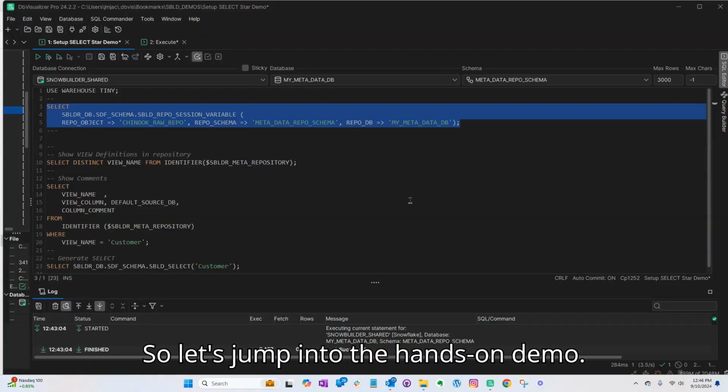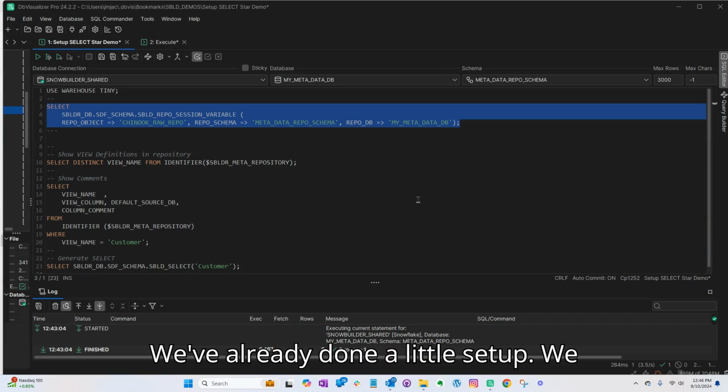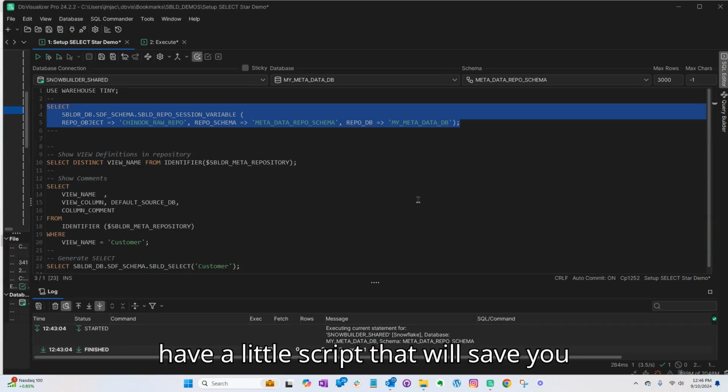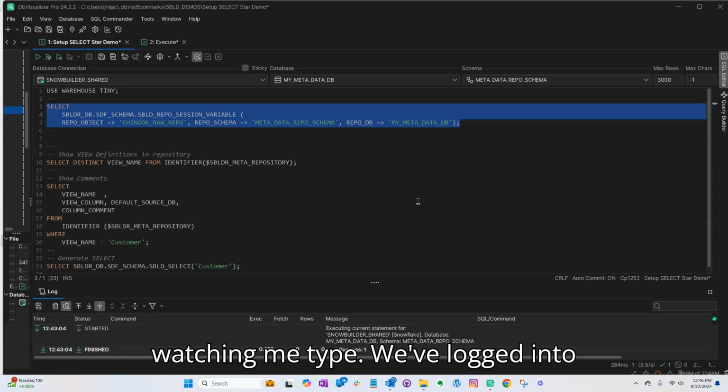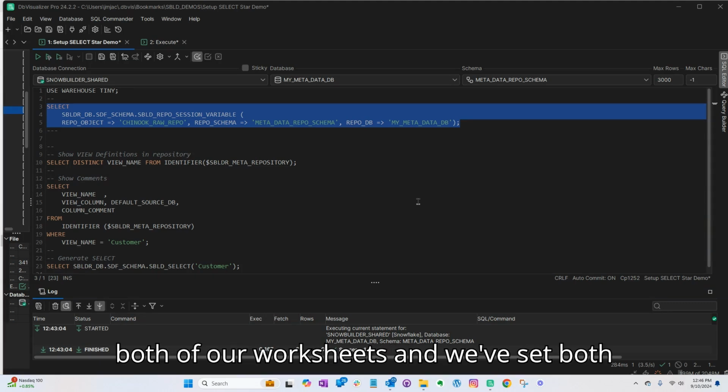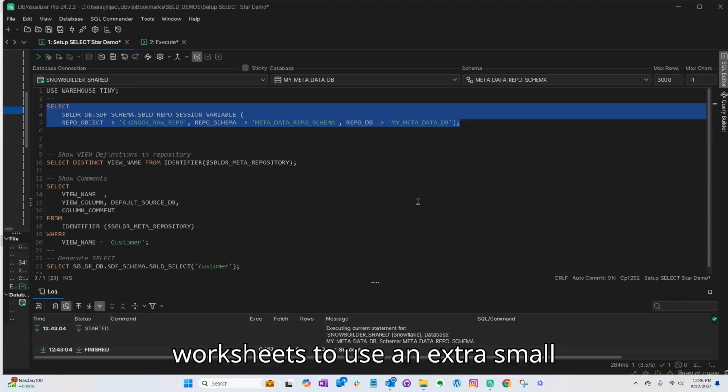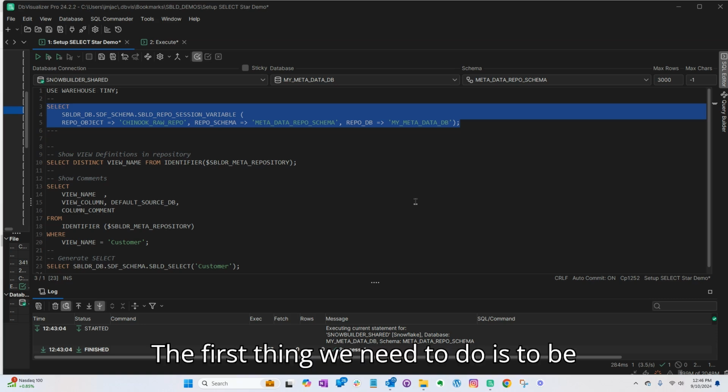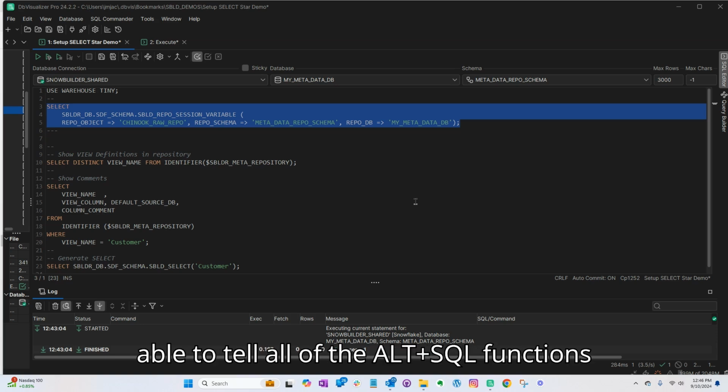So let's jump into the hands-on demo. We've already done a little setup. We have a little script that'll save you watching me type. We've logged into both of our worksheets, and we've set both worksheets to use an extra small warehouse, which we call Tiny. The first thing we need to do is to be able to tell all of these AltaSQL functions